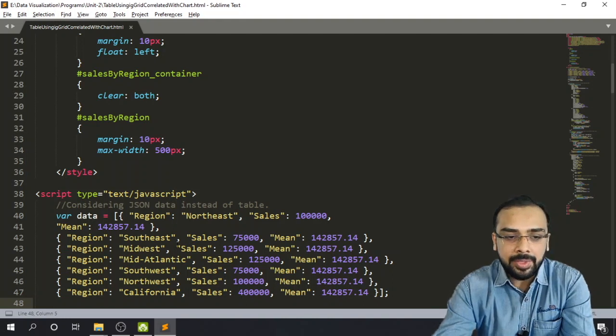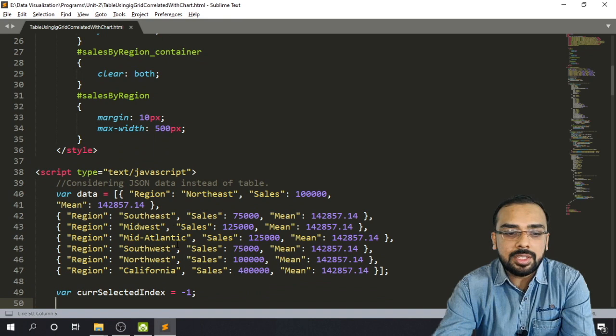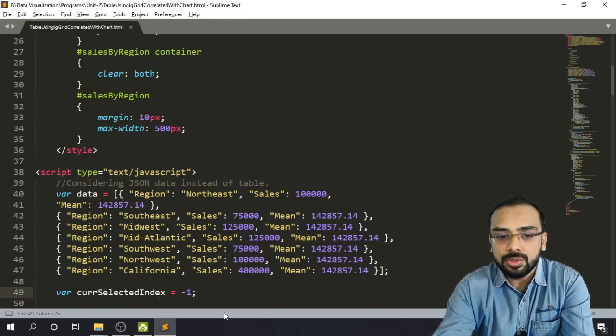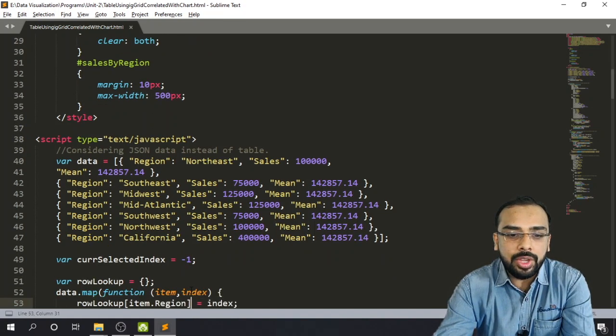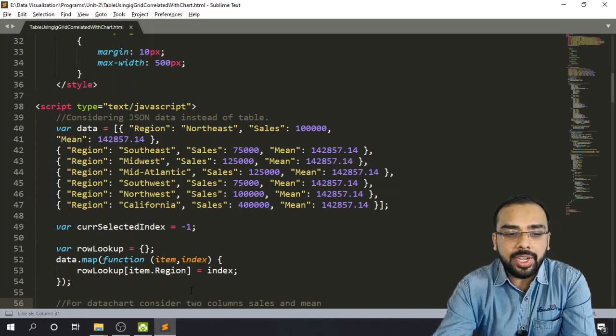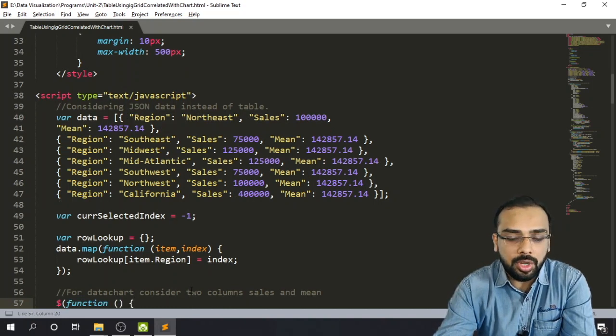as data. Now next thing we are going to see is we have assigned a value to a variable which is named as currently selected index. Why? Because by default our index will be pointing towards the first record, but I want to point before that, so I have assigned the value as -1. Now for simplicity, for creating a chart we are considering two columns. The first column that we are going to consider is this cells column, and the second column is mean value.